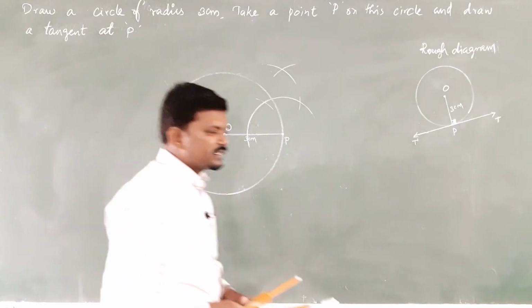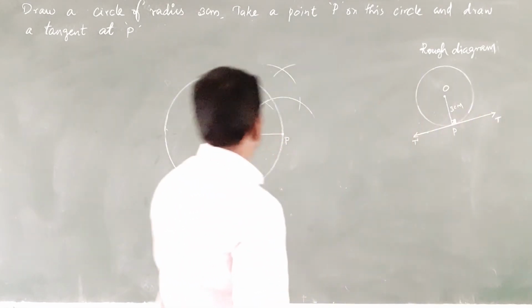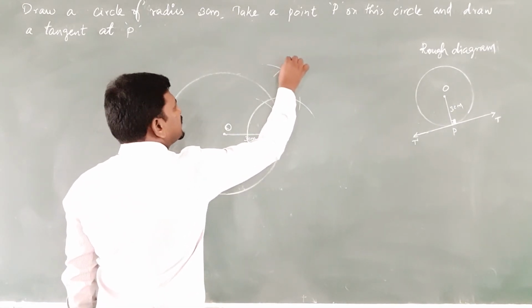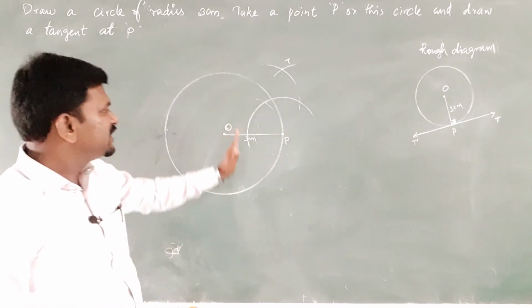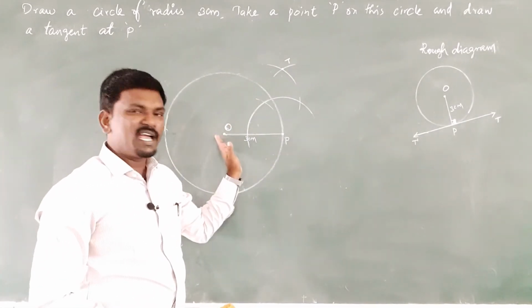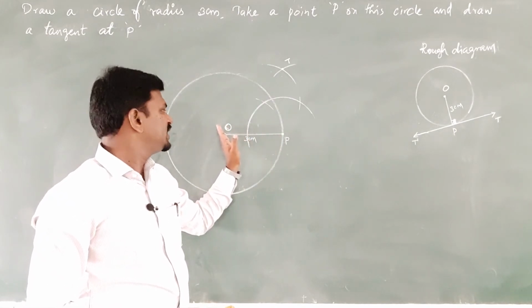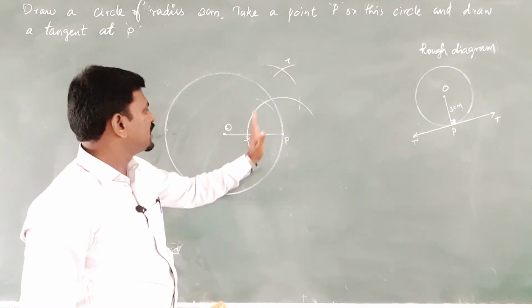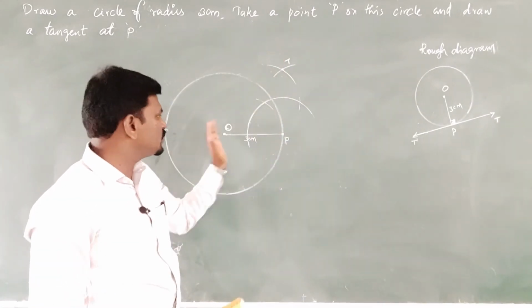Okay, then this intersecting point is T. What we have done here, நம்ம இங்க என்ன பண்ணிருக்கோம் அப்படினா, just we are constructing a perpendicular, just we are constructing 90 degree for this OP. So we are constructing a perpendicular line to OP.